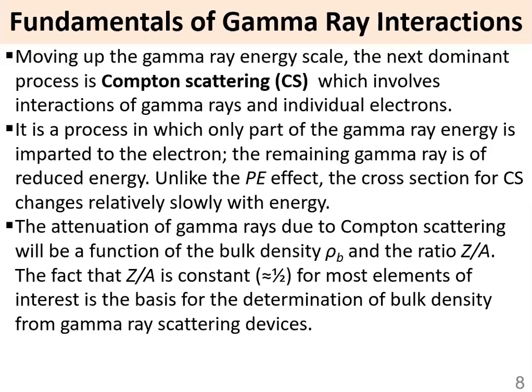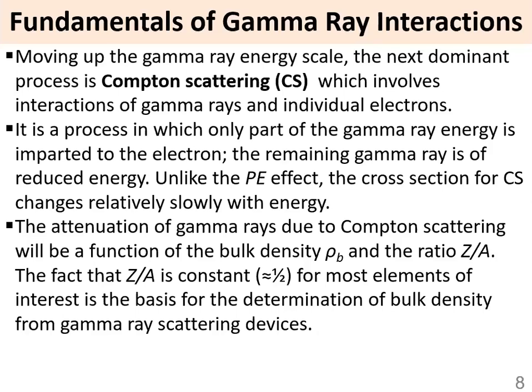In this process, only part of the gamma ray energy is imparted to the electron. In the first process, because it's a low energy effect, all the gamma ray energy is absorbed. But in this one, only part of the gamma ray energy is imparted to the electron, and the remaining